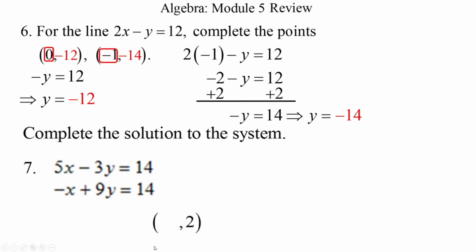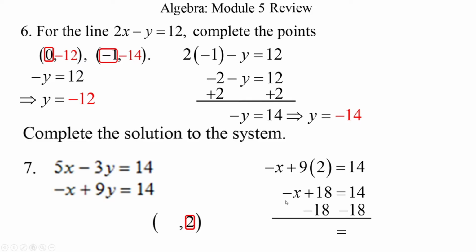And, you know, we don't actually have to use elimination here because they've given us the y coordinate as 2. So that implies I should be able to substitute that 2 for a y in either equation and then solve for the x. So that 2, where do you want to put it? I'm probably going to put it with this y here, but I could do either. So I went -x plus 9 times y, and y is 2, has to equal 14, and now let's just solve for x. So -x plus 9 times 2 is 18 equals 14, and then you subtract 18 from both sides,